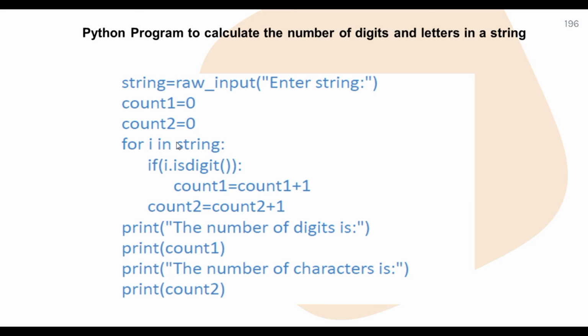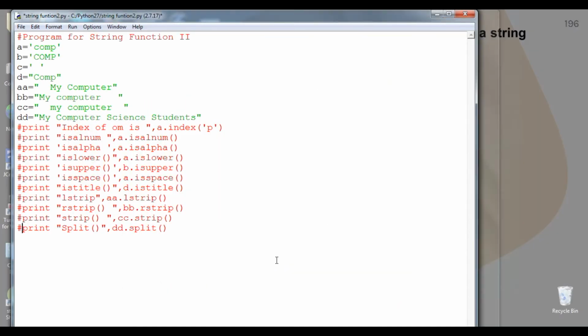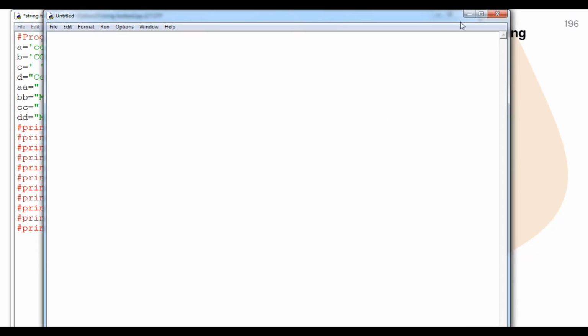So here is string, student. A new facility we have used, student. In this we are not going to use range, we are just using the membership operator. So I in a string means that if it is in the string, it will continue the loop. Here, if I is a digit, count 1 will be increased by 1. Otherwise, if it is not a digit, like a symbol or letters, whatever, it will count 2. So after the loop, the number of digits is count 1 and the number of characters is count 2. We can do it practically, student.